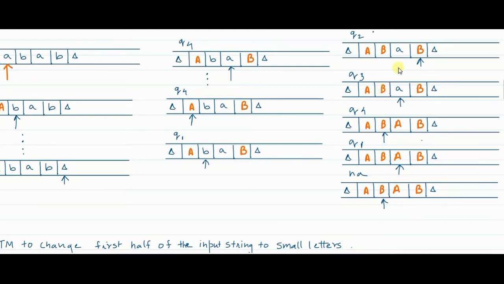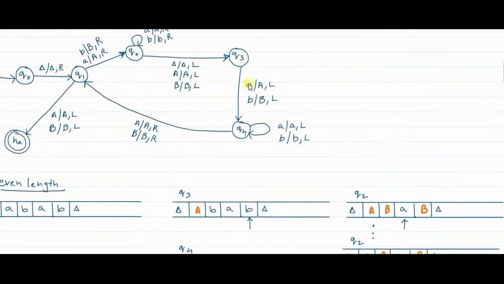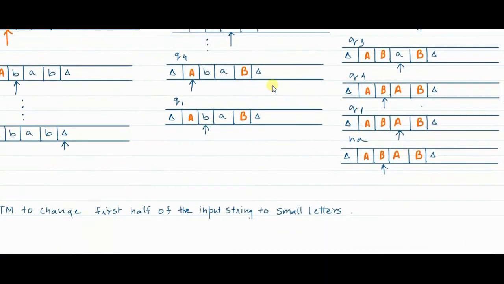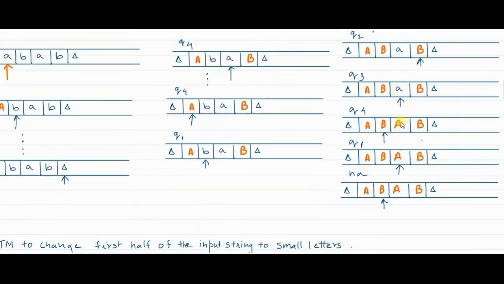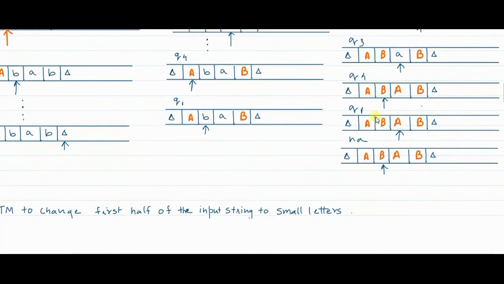and we are trying to find out whether there is a matching symbol A or B. So in Q3, if small a is encountered, what do we do? Small a will be replaced with capital A, move to the left, and you go to Q4. So you are pointing to B, and from Q3 you have moved to Q4. Now you see, this is actually the end of the second iteration.